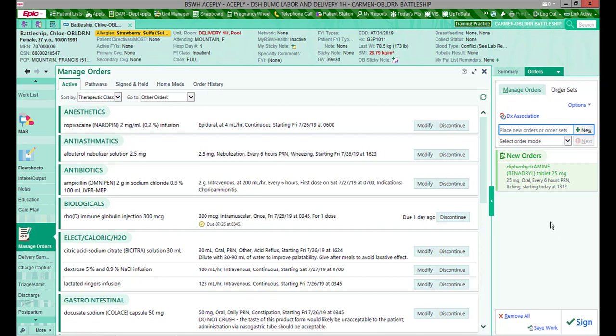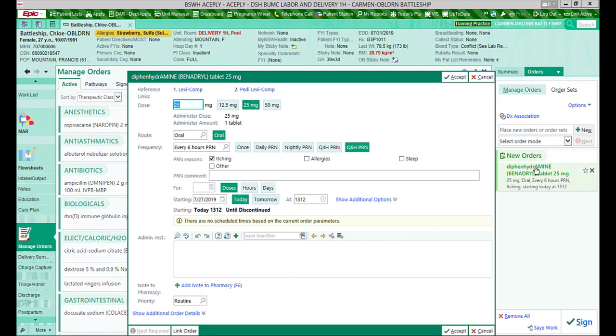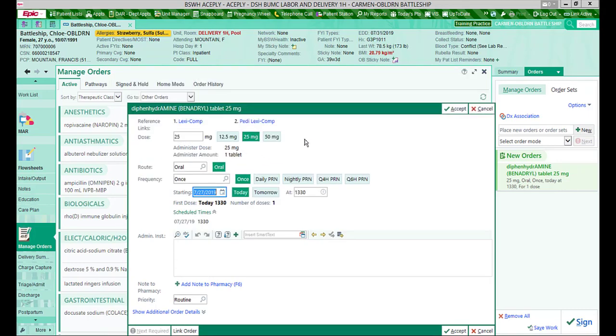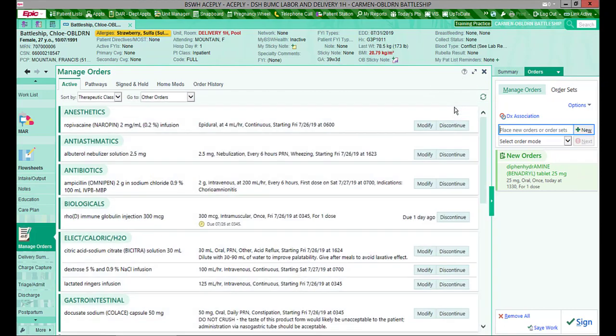Before I'm ready to sign, I do need to modify this order a little bit. So I hover over it in my ordering sidebar and I click it one time. The only thing I need to change is the frequency. This is not going to be a continuing PRN order. This is a one-time dose. So I'm going to change it from Q6 to once by clicking once in the middle of the screen. Everything else is correct. So I'll click accept at the top of my ordering window,